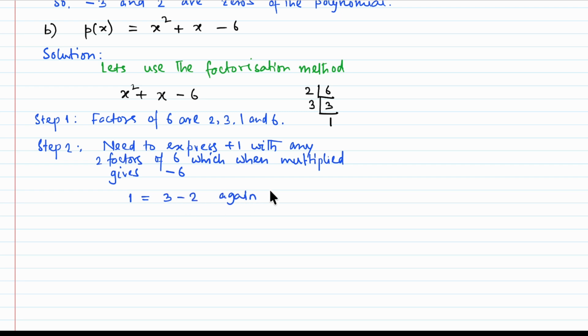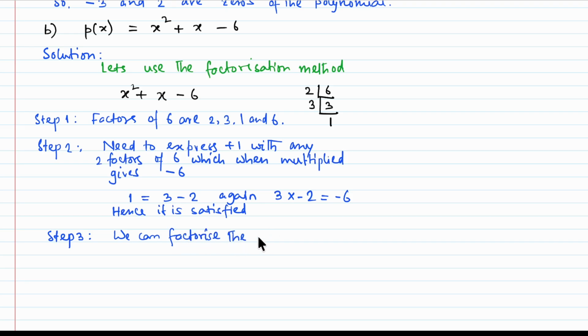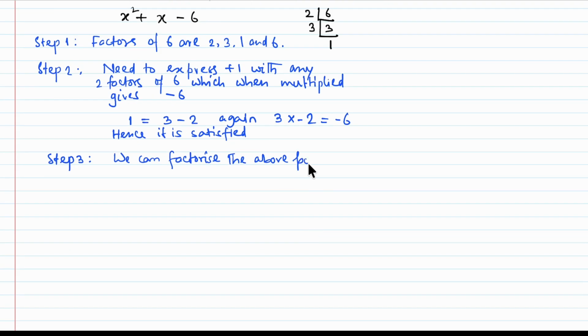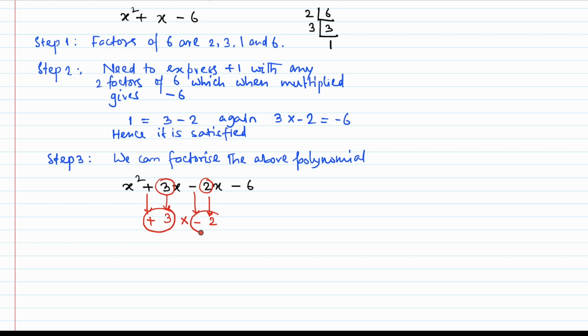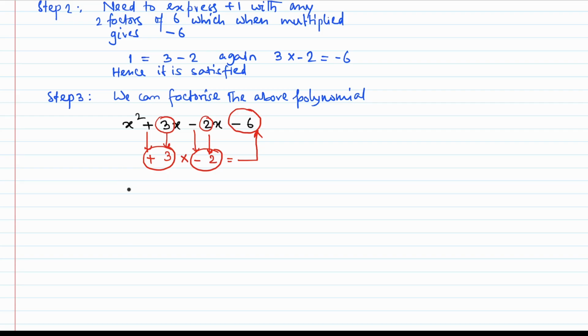So 1 can be written as plus 3 minus 2, and plus 3 into minus 2, if we multiply, we get minus 6. So it is satisfying, so we can factorize the above polynomial: x square plus 3x minus 2x minus 6. So this 3 and 2 have signs plus and minus. If we multiply plus 3 into minus 2, we get minus 6. So it is satisfying the product,